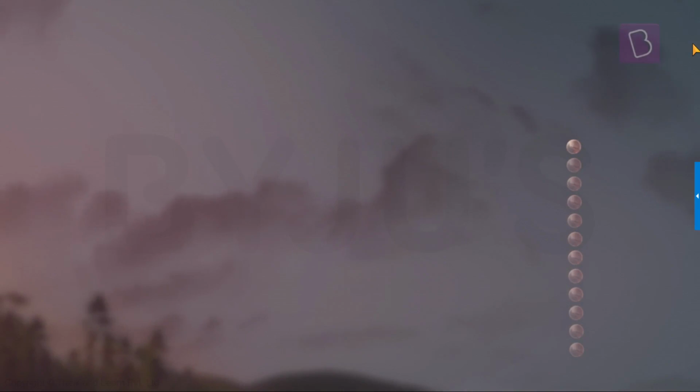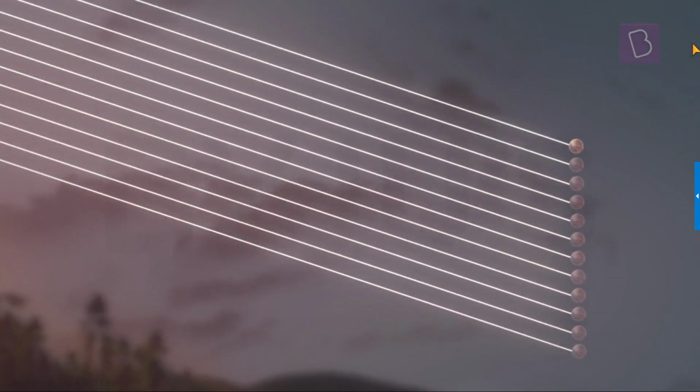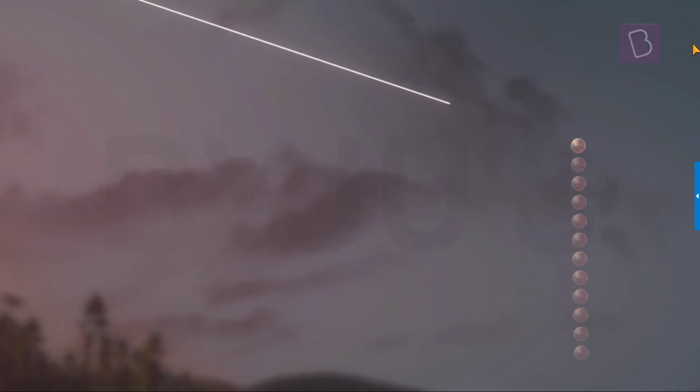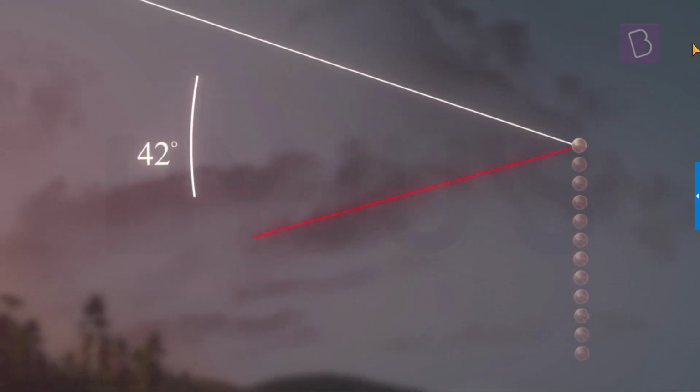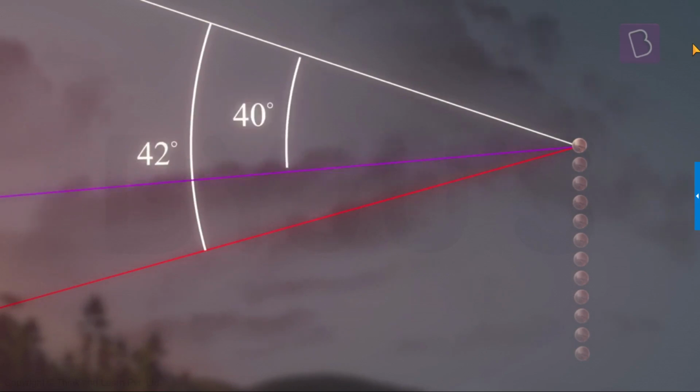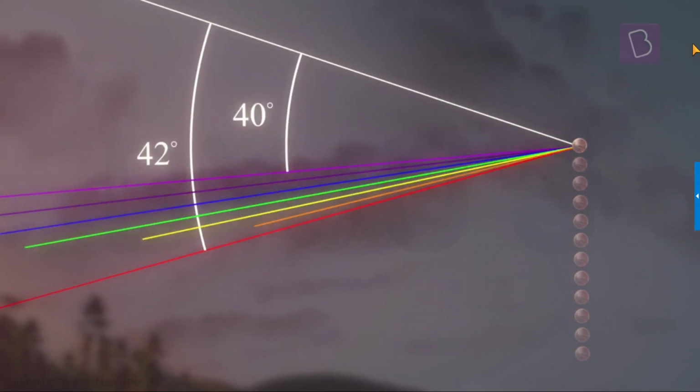Now we know that sunlight is white light. It's going to come from the sun, it's going to be white in color, and all the rays are going to be incident, and all the rays are going to be parallel because the sun is very far away, okay? Now, consider when you take one droplet, sunlight is hitting it, and then we know that it's going to give off red light at a 42 degree angle and violet light at a 40 degree angle and all the other colors in between,